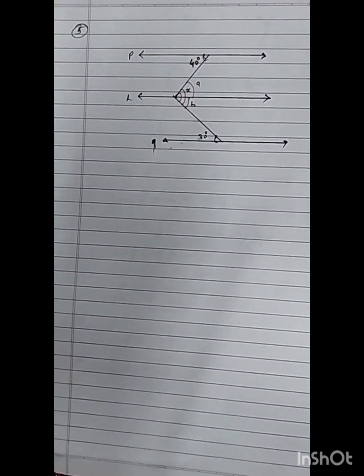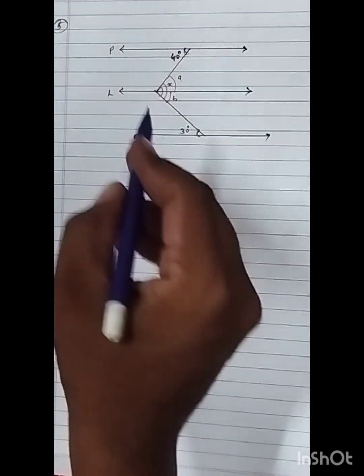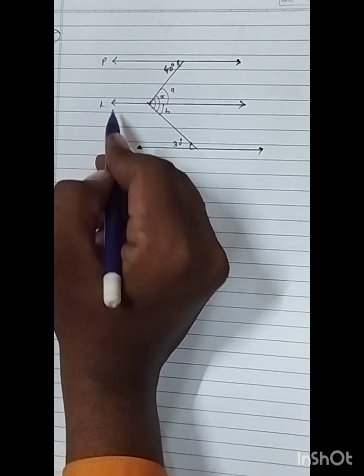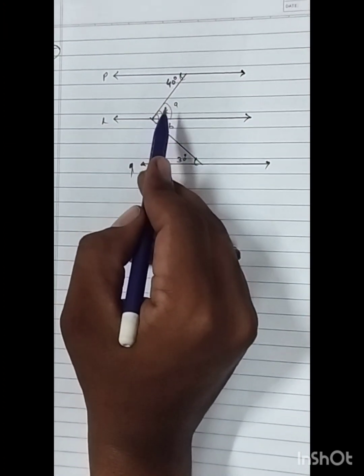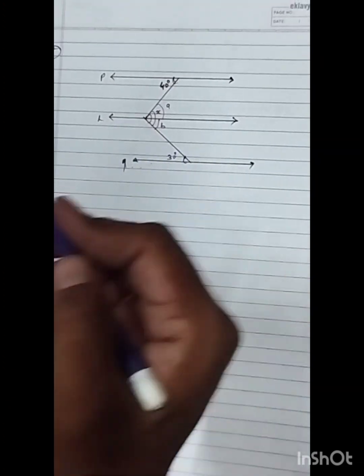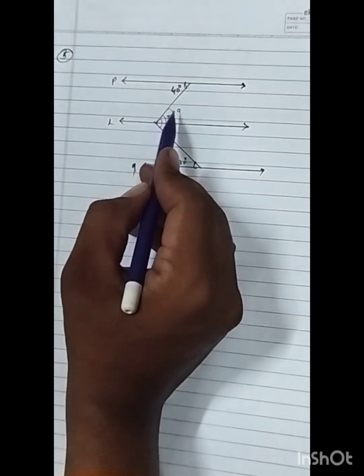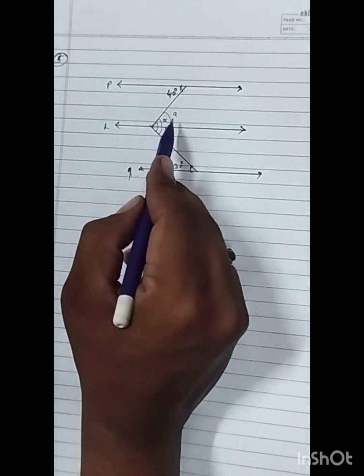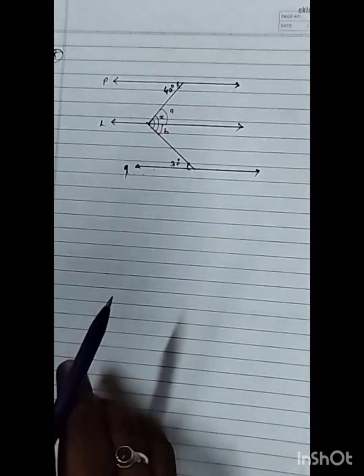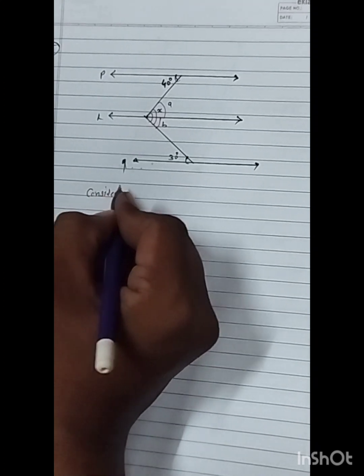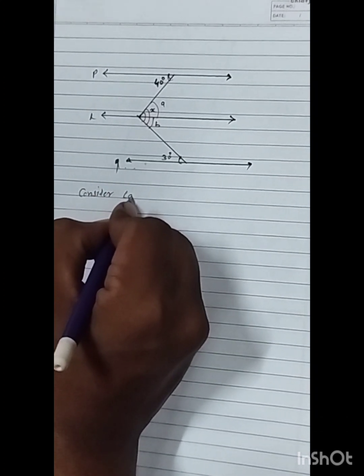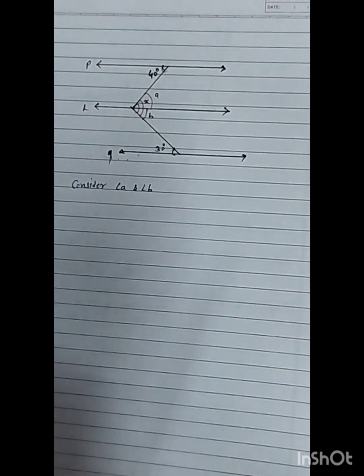2.2. So here in the given figure, line P parallel line L and line L parallel line Q. Find angle X with the help of measures given in the figure. So here you can see they have given only 40 degree, here given 30 degree, and A and B like this given here. So here we have to consider what is given, that we can write angle A and angle B which is shown in the figure.